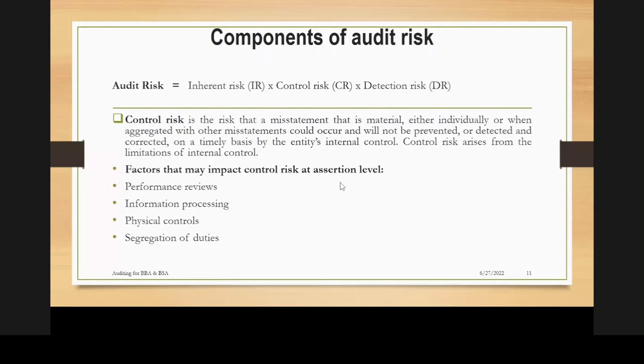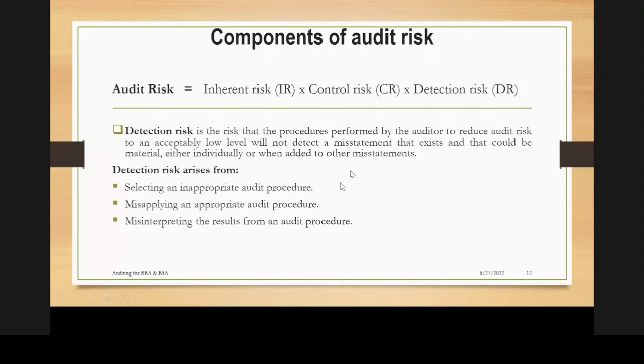Doing performance reviews. For example, when the bank reconciliation is done, how often do you review and who reviews? It is normally recommended that a bank reconciliation is reviewed about 15 days after its performance. If it is a bank reconciliation for January, it should be performed and reviewed by the 15th of February. Yeah, so those are the factors, sir. I don't know whether it's clear. Very clear, thank you.